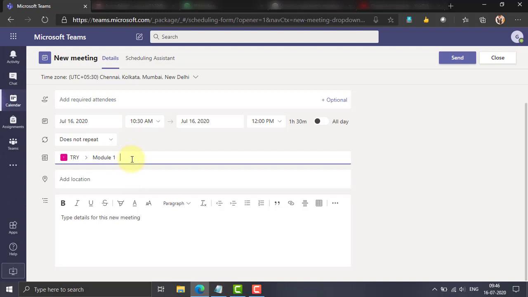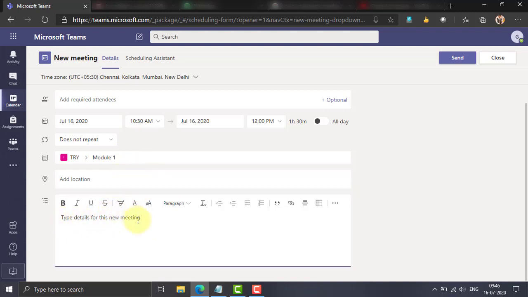Okay. So then you can even add location, and then you can type some details about this meeting. So what is this meeting all about? Are there any prerequisites? So everything you can type in here. So after typing in, just press send.